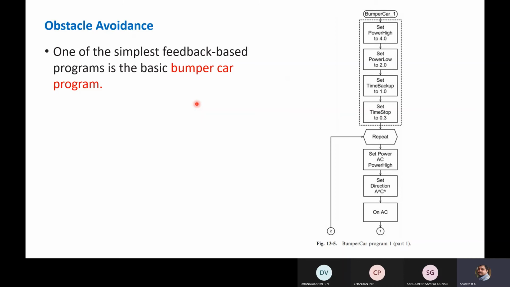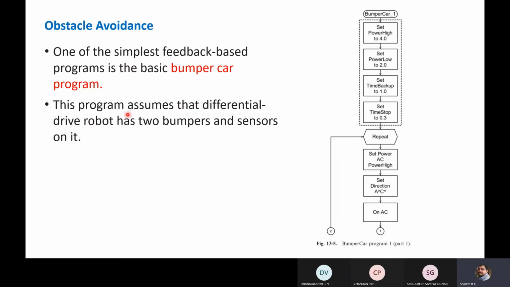There is a bumper that you are going to keep in the car. If it touches an obstacle, an object, immediately you will program to stop the car, and it will move in reverse direction. Like that you can do programming. This program assumes that the differential drive robot has 2 bumpers and sensors on it.